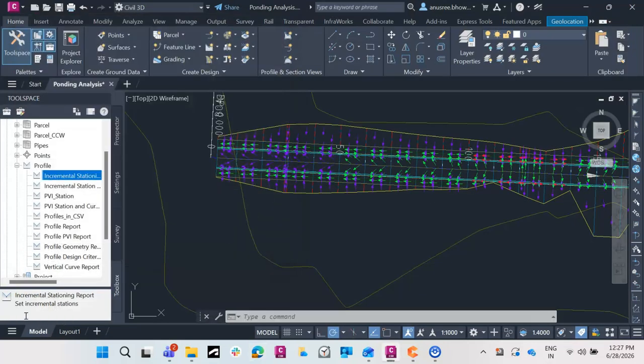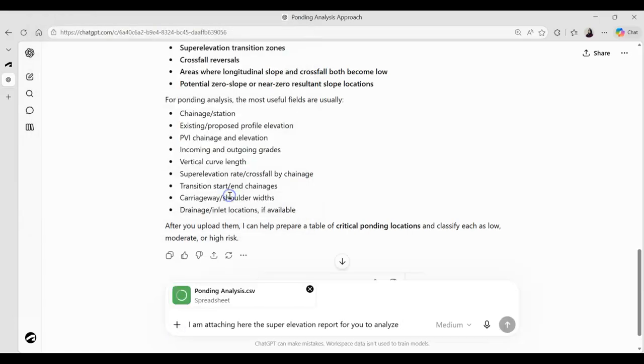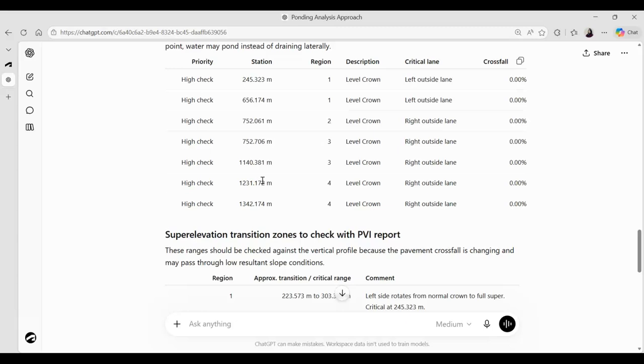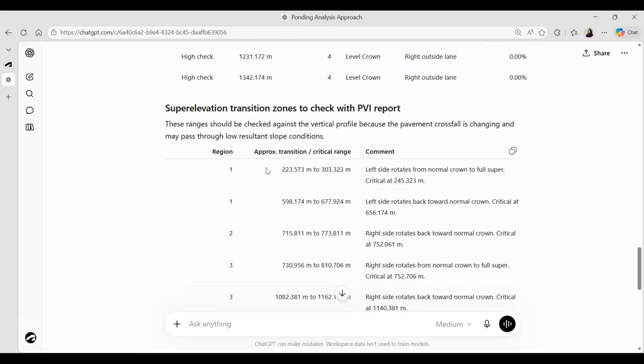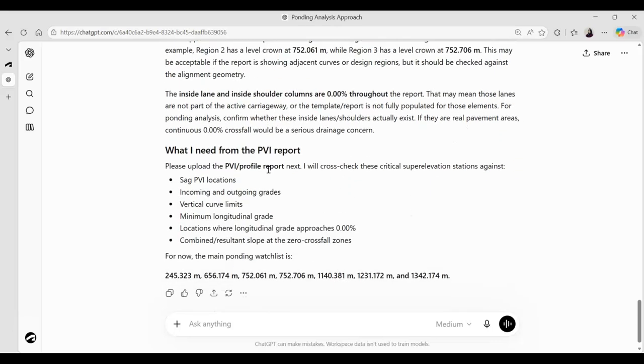Now let's go to my ChatGPT screen. I already have given it some context about the analysis I'm going to do. Now I am attaching the super elevation file to be analyzed by ChatGPT. After the analysis, it has found all the changes with 0% crossfall and identified them as critical changes to